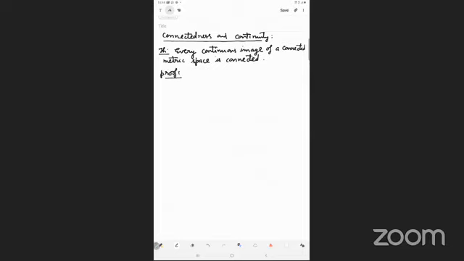To prove this result, we use this fundamental thing from algebra that P implies Q is equivalent to not Q implies not P. Yesterday someone had asked, I remember the question was in a chat box, that when I was proving the five equivalent statements, for the proof of 3 implies 4 someone put a question mark. There also the proof was the same: 3 implies 4 is equivalent to not 4 implies not 3. So both are the same thing. Here I'm also doing the same.